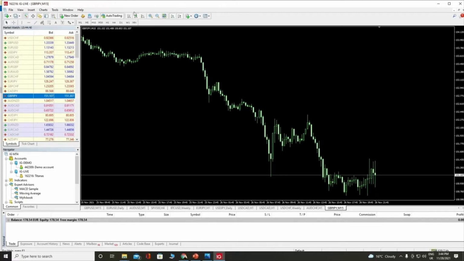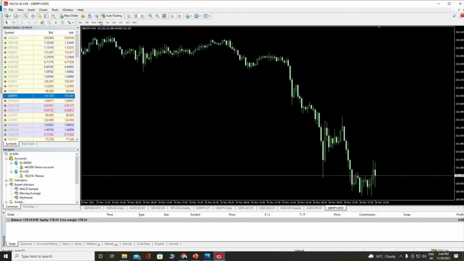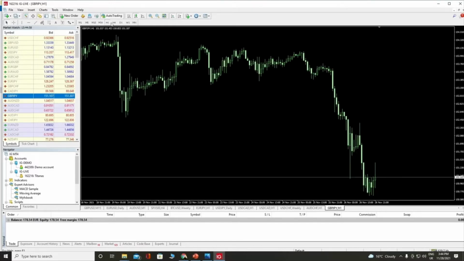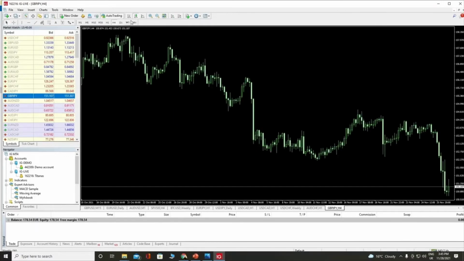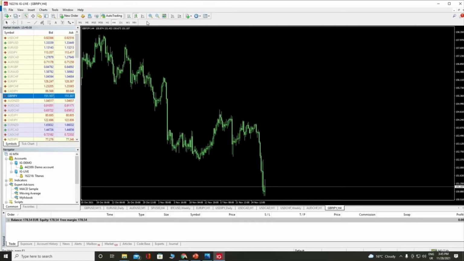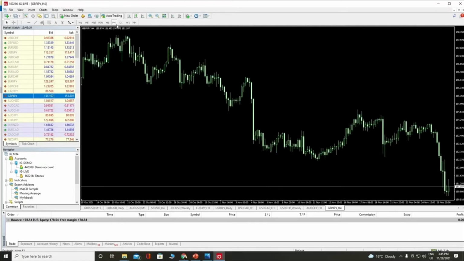Let's go to the 15 minutes chart. 10 out of 10 traders would say that we have a strong downtrend. So what we are expecting here is to go short. Let's zoom out this time, go to the 30 minutes. It's still down. Let's go to 1 hour. We almost have the same. Let's go to the 4 hours. We almost have the same. So by changing so many time frames, we see that we are good to proceed with a short position at these time frames. They are all aligned together.